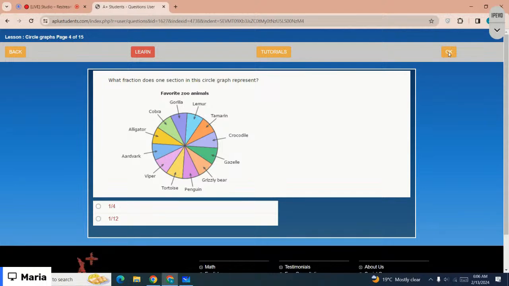What fraction does one section in the circle graph represent? So which is the correct option? That is 1 out of 12. Okay, you can complete the lesson by yourself later today. Let me move on to the next lesson, and the next lesson is